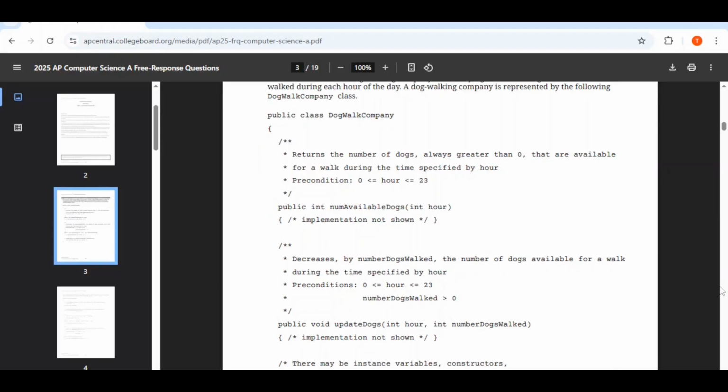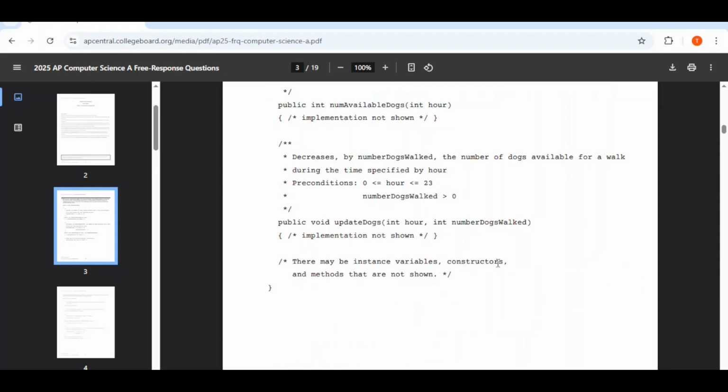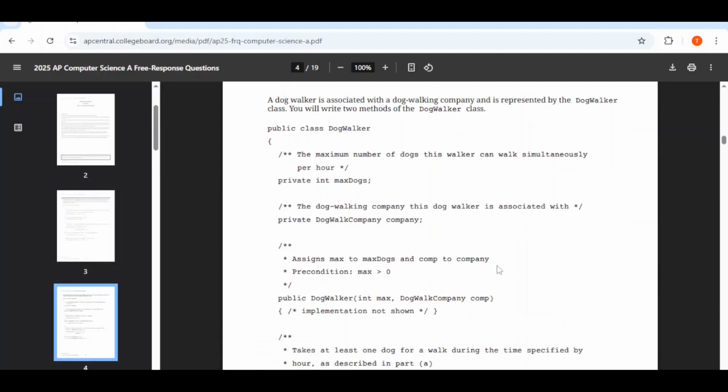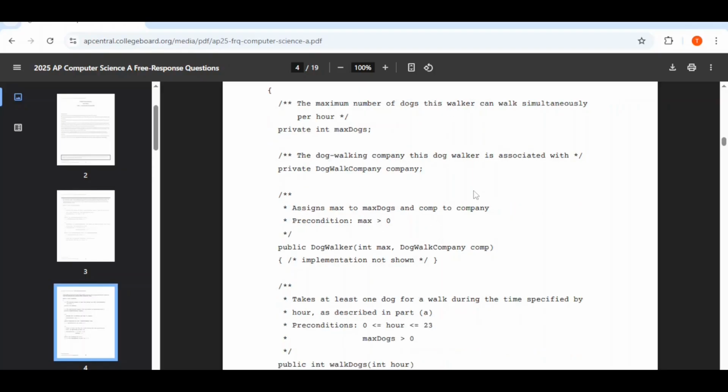All you need to know here is that the DogWalkCompany has a method that tells you the number of dogs it has available to walk in a given hour, represented by numAvailableDogs, and a method that updates the number of dogs available to walk, represented by updateDogs. A dog walker is associated with the dog walking company and is represented by the DogWalker class. This just lays out a private maxDogs member, which is the number of dogs the walker can walk in any given hour. It also lays out a reference to the company that the dog walker is associated with. It has a constructor that just sets the members we looked at, and then the two methods we will implement